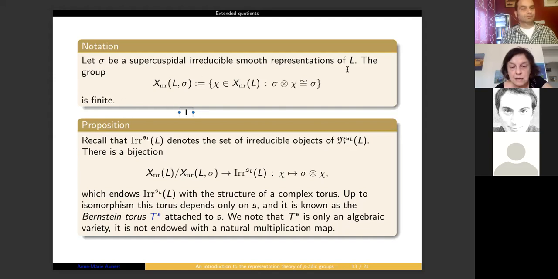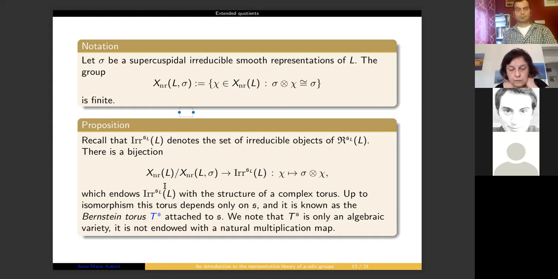So first, I take a Levi subgroup, and I consider the stabilizer of sigma under the group of unramified characters, which is what I denote by X_nr(L)_sigma. Of course, it is contained in the group of unramified characters. You can consider the quotient, and